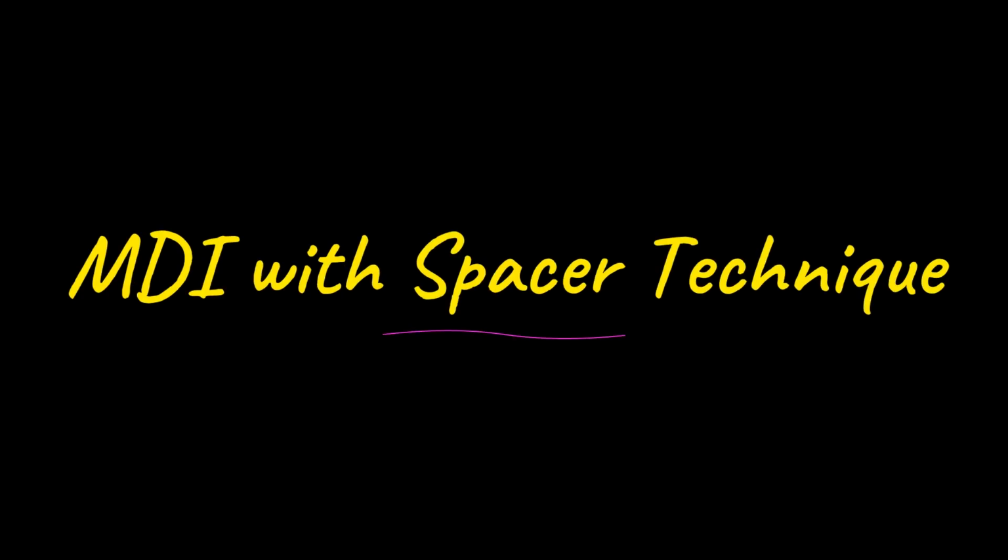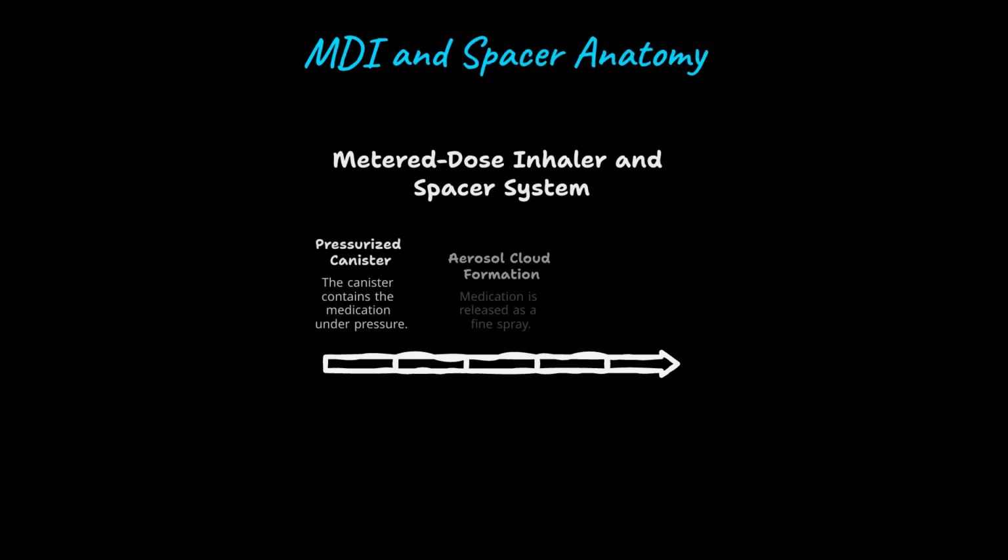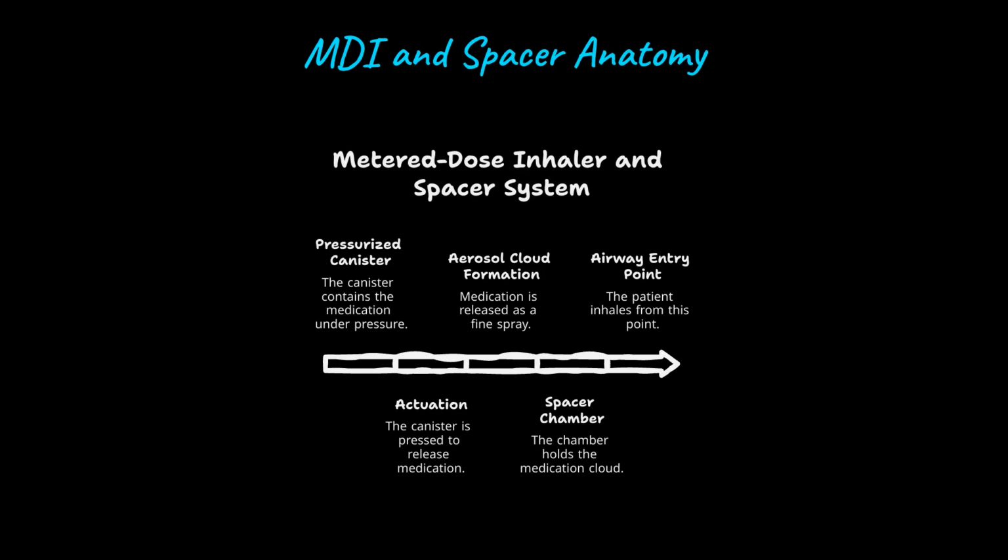A metered dose inhaler with a spacer removes the hardest part of inhaler use, the need to perfectly time your breath with the puff. The spacer holds the medication cloud suspended so you can inhale at a slow, controlled pace. The pressurized canister releases one measured puff into the spacer chamber. Inside that chamber, the aerosol cloud disperses. Larger particles fall out against the chamber walls, and the smaller respirable particles remain suspended, ready to travel deep into